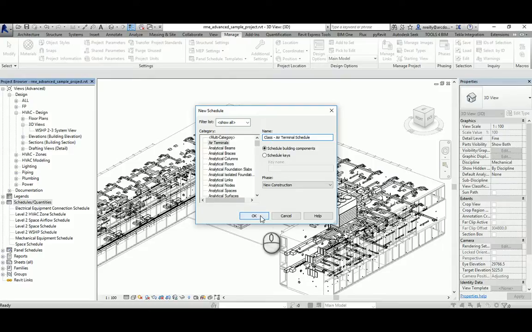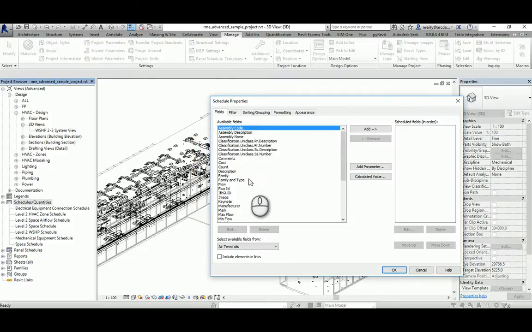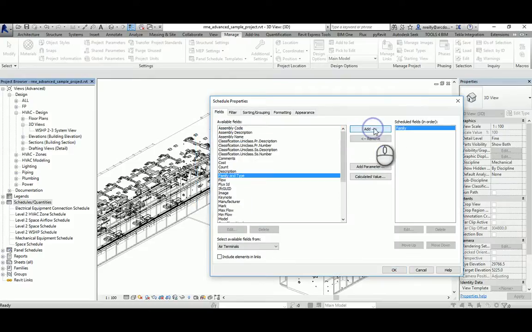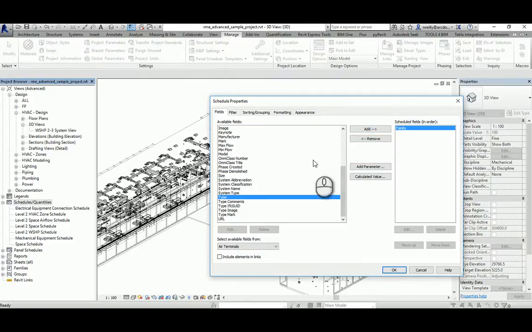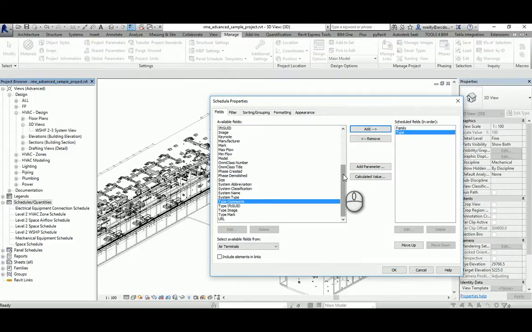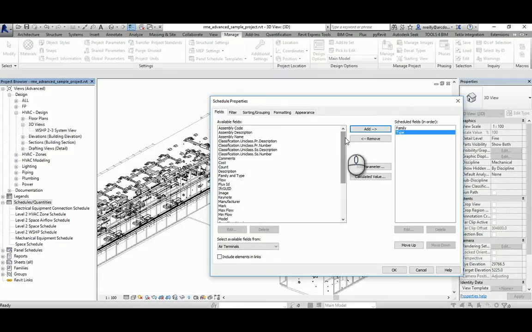So class for classification, I'll just go OK, and I'm going to add in the way that we advise to do it. This is the way you'll do it for most of them. The multi-category and material category schedules would be done just like the multi-category would have category at the start. That's the only real difference